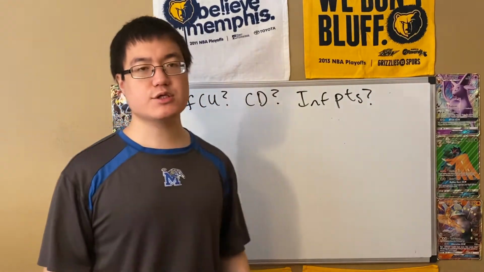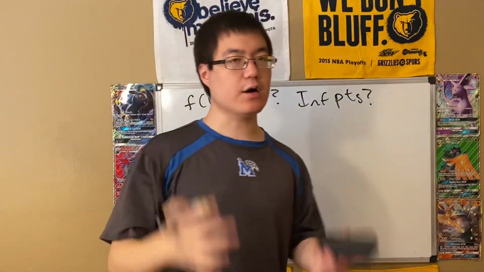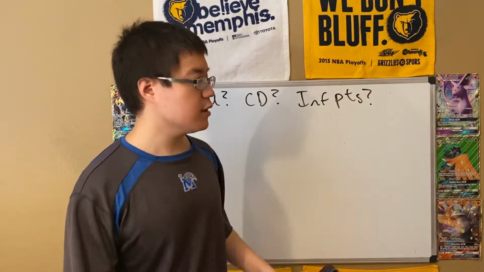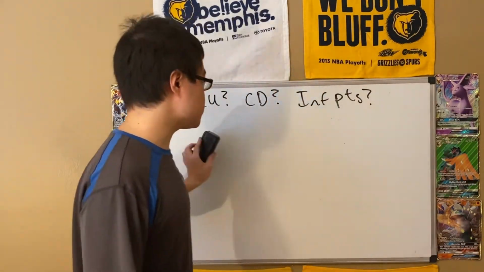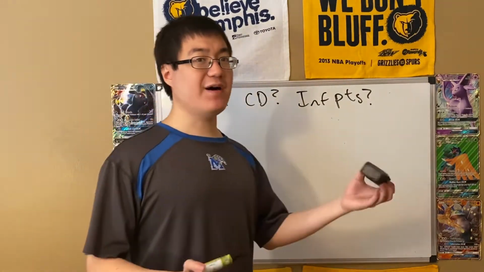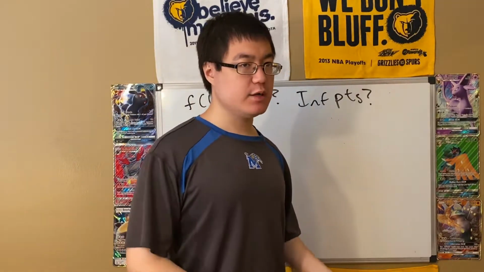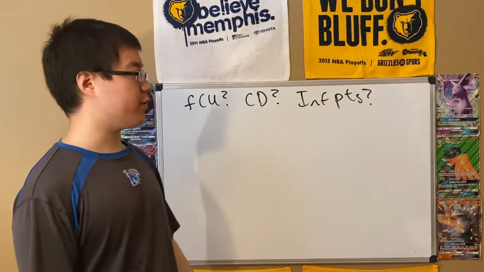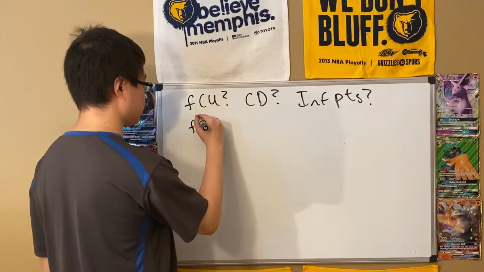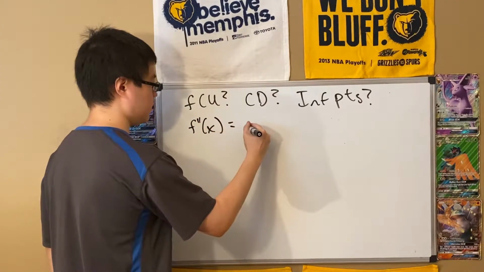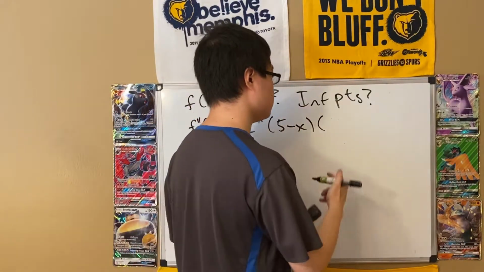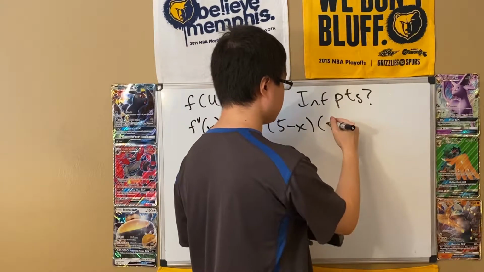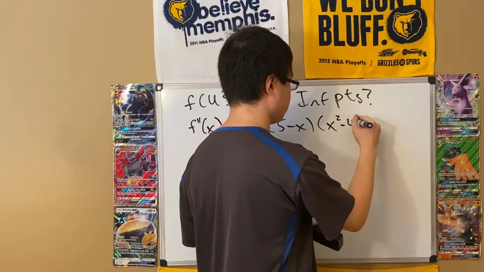Usually your question is going to be, here's f, now go for two derivatives, draw the sign chart. But let's start off with a little bit of a warm-up question, a gentle introduction where instead of having to find the second derivative, I'm going to be somewhat generous and already provide the second derivative. So let's suppose that the second derivative is going to be e to the x, 5 minus x, times x squared minus 4,